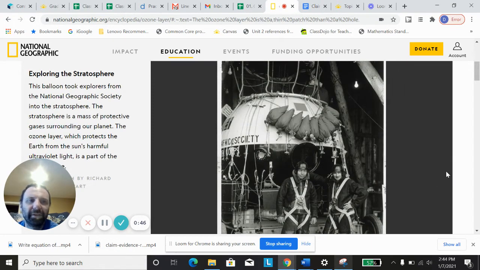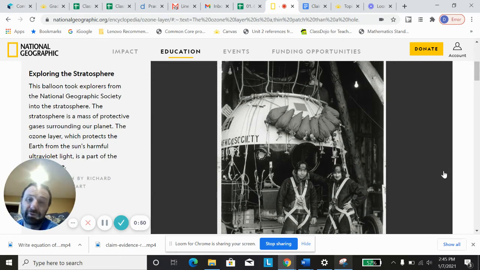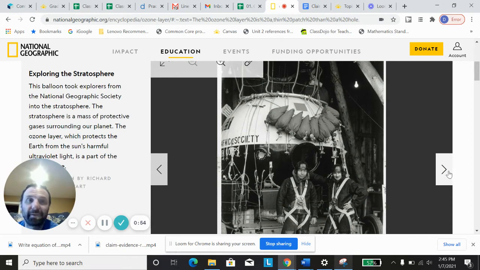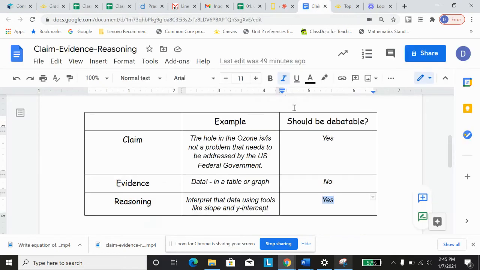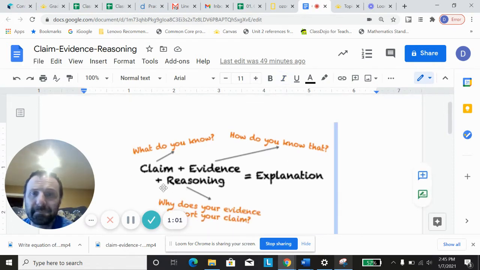if we're going to make some good claims about whether or not the U.S. government should step in and do something about it, and whether we should ask our government to step in and do something about it. So it's important that we remember what claim, evidence, and reasoning are. We know that a claim is what we think we know. Evidence is how we think we know it, and reasoning is the evidence that supports that claim, that interprets that